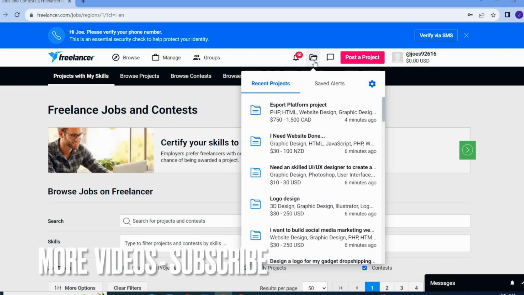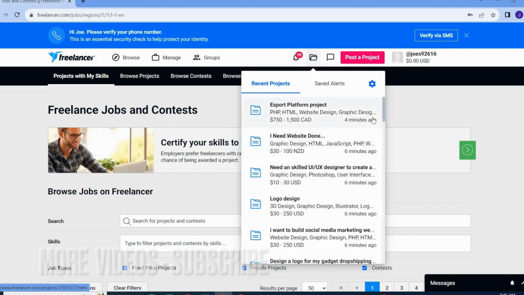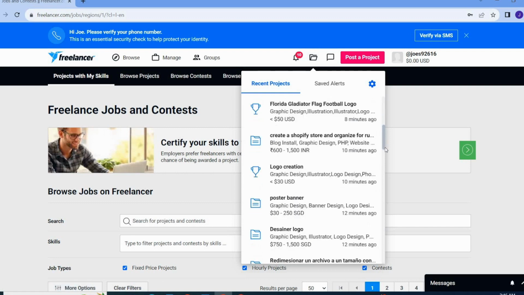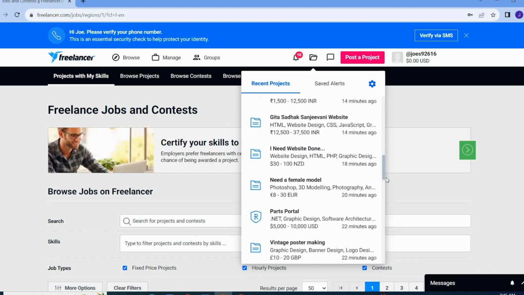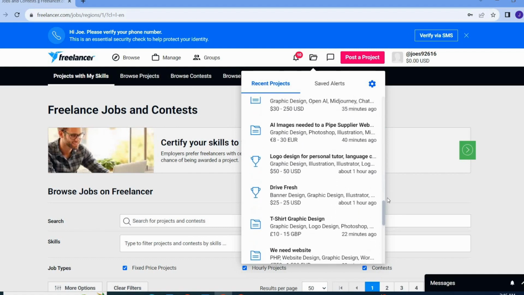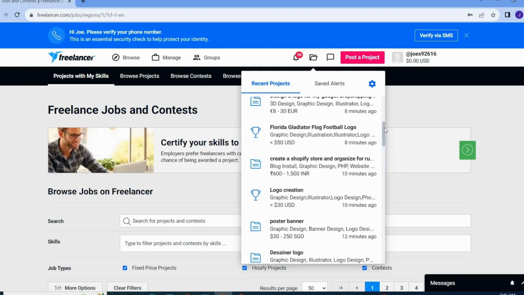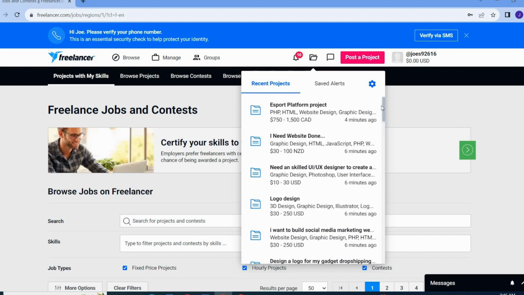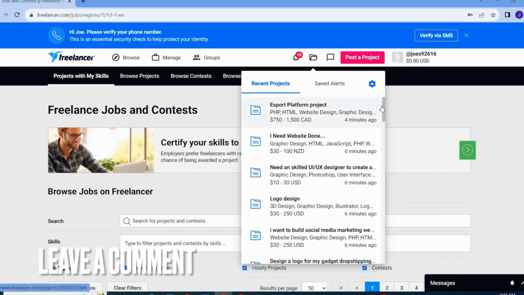Once you click on this file, all the projects that were recently uploaded on Freelancer will be shown over here. As you can see, guys, there are so many projects to bid on, and you can easily bid on these projects, you can easily get work, and you can easily get a chance to earn money from Freelancer. So guys, this is how to check recent projects on